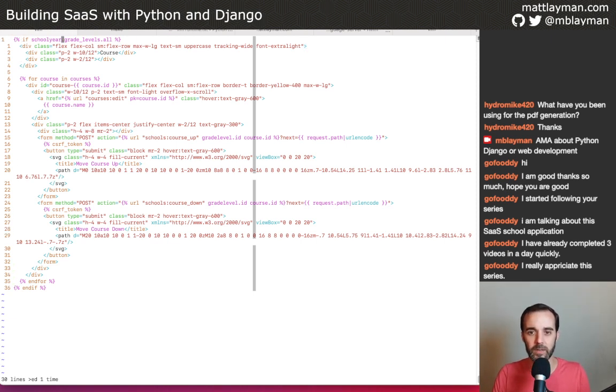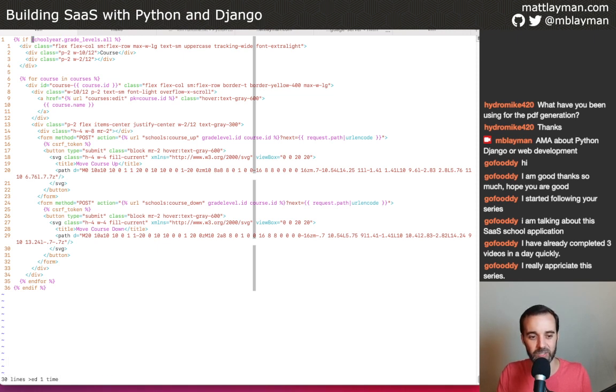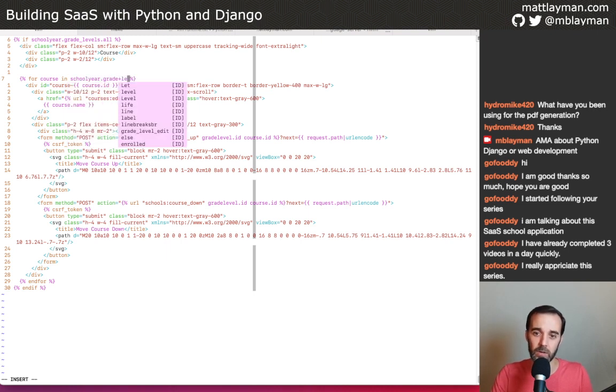So this is going to check the all query. Now, because we're going to rely on the Django ORM to cache this, at this time, when it's doing the all check, it's bringing all of those instances into the ORM cache. And so I'm not having to store this in a variable anymore because we're going to reference it in the same way. So instead of for course in courses here, because courses doesn't exist, what I instead want to do is say for course, that part's going to change, in school year, grade levels,